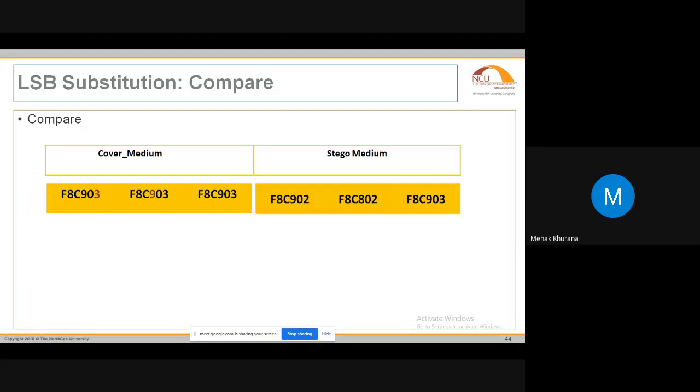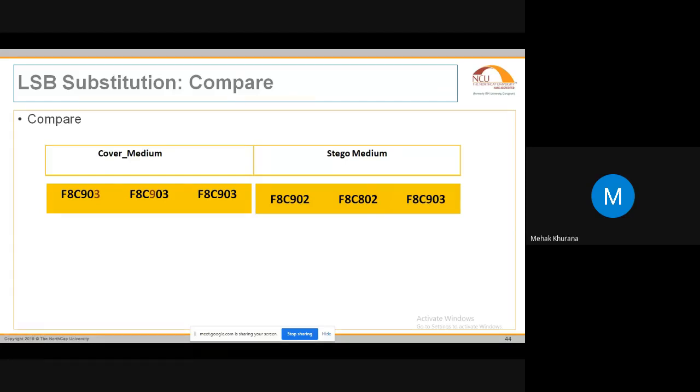The LSB technique is one of the best techniques being used by people nowadays, and in the earlier phases also. Modifications have been made to LSB, and a number of methods have been added to make it more secure and more undetectable. The techniques have been defined, and it has been decided which part of the image the LSB technique will be applied to. Like I told you, you can do it for the noise, you can do it for the edges, or you can select the part randomly and do it.